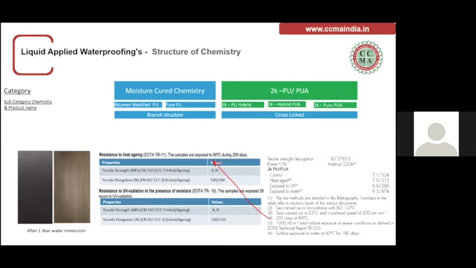When exposed to UV, the tensile goes down and elongation also goes down, but the impact is not more than 10 to 15%. When exposed to water, we are getting even higher performance properties, which no one can justify why, but the idea is that